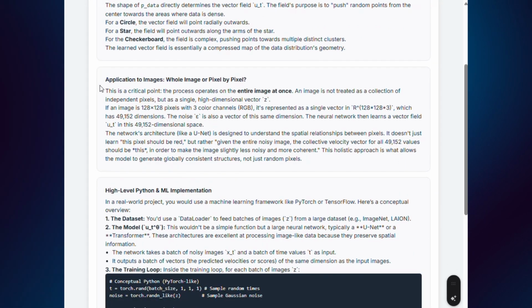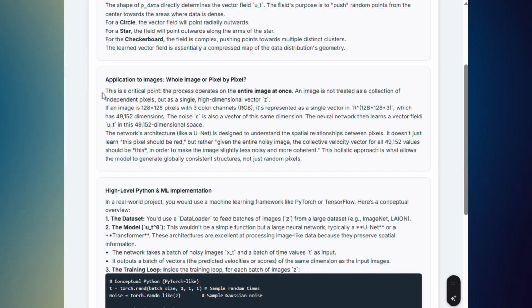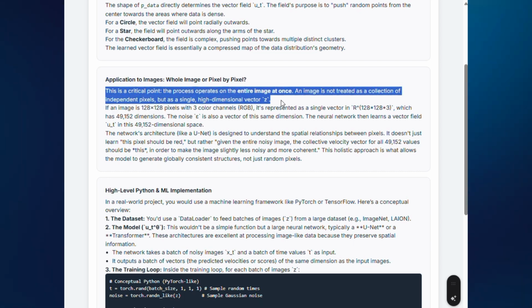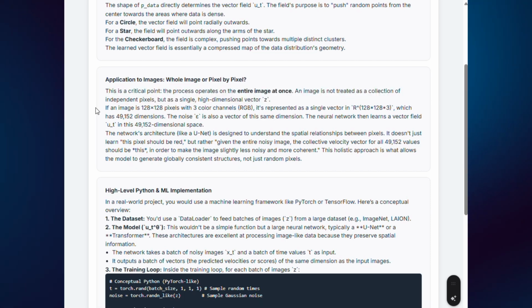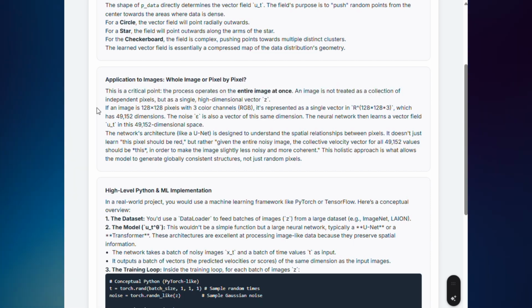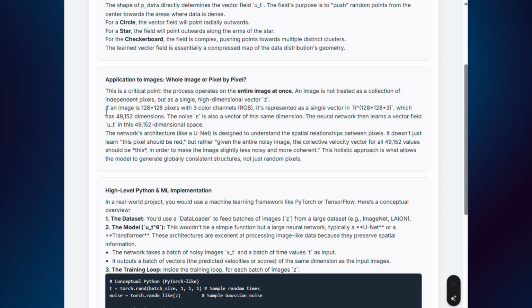The process operates on the entire image at once. An image is not treated as a collection of independent pixels, but as a single, high-dimensional vector z. If an image is 128 times 128 pixels with 3 color channels, RGB, it's represented as a single vector, R, which is